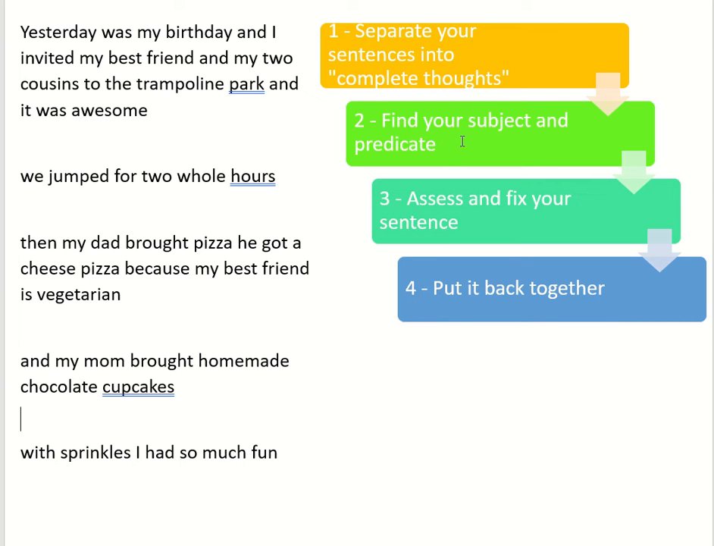So they've separated it. Now we're going to find subject and predicate. So up here, yesterday was my birthday and I invited my best friend and my 2 cousins to the trampoline park and it was awesome. The first one might be challenging, but yesterday, that's the subject. That's what it's about. Yesterday was my birthday, and I invited my 2 best friends, they might catch my typo there, and my 2 cousins to the trampoline park, and it was awesome. They might want to say, I invited my best friends and my 2 cousins, and start to